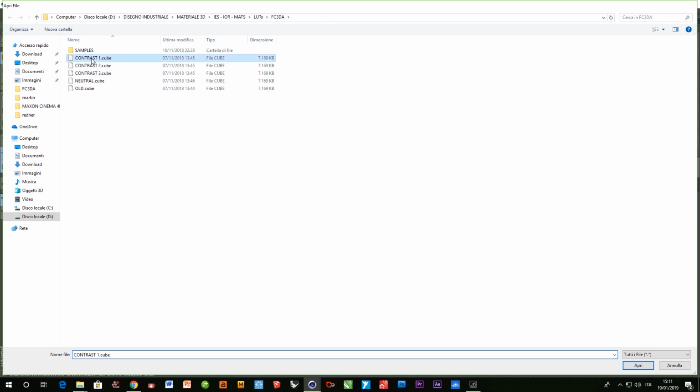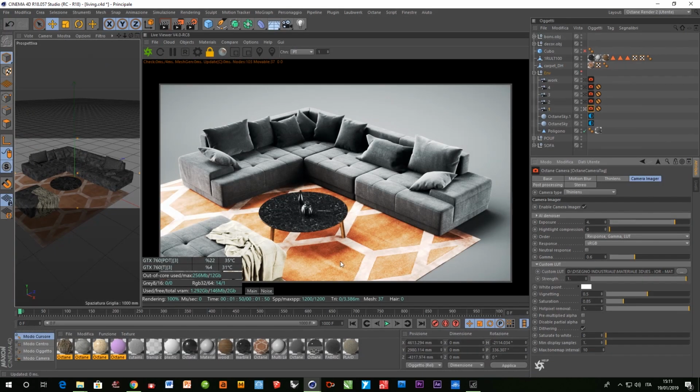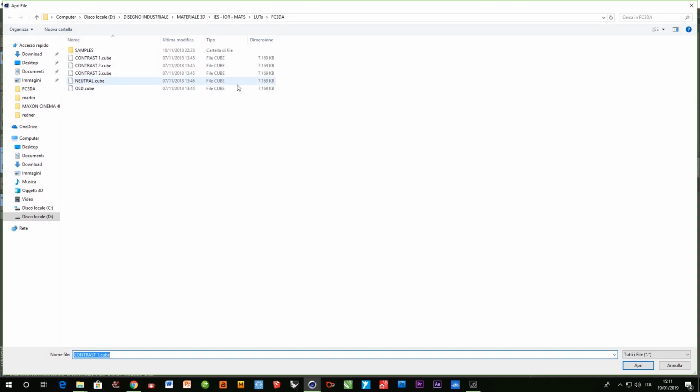I can show you the contrast 1. As you can see, colors are much stronger right now. This is made for popping up the colors of your picture. So if I leave the saturation at the default value, you can see how strong it is. So there are just slight differences between them, and they are pretty much about those kind of things like saturation,